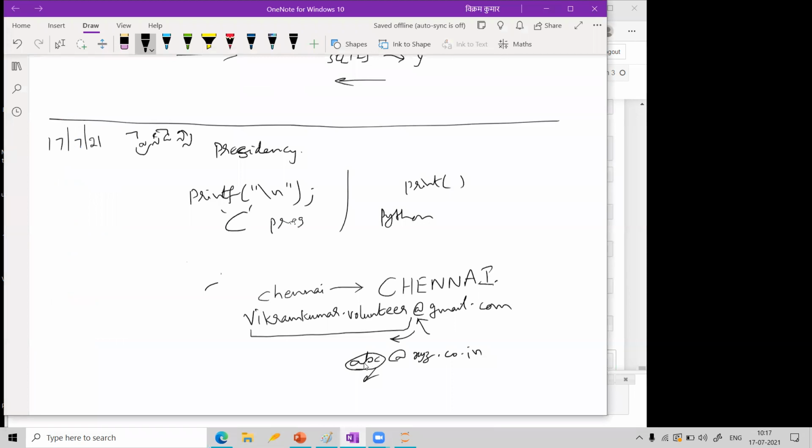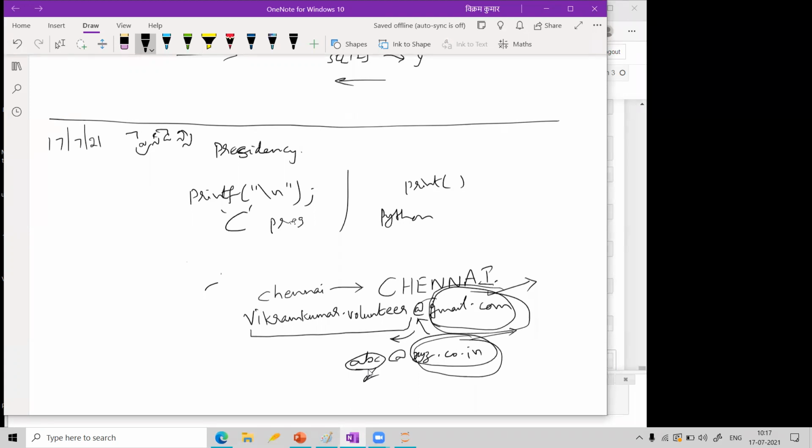This question is there, no? If a mail ID is given, I want to find out only the starting part, which is prior to the @, or sometimes I may want to find the ending part. I want to print only this. So I will tell this part: how to print the ending part. That means whatever is there after the @ symbol, how to print it. Let us do it now. So our question is, I will print this ending part only. How to do that?